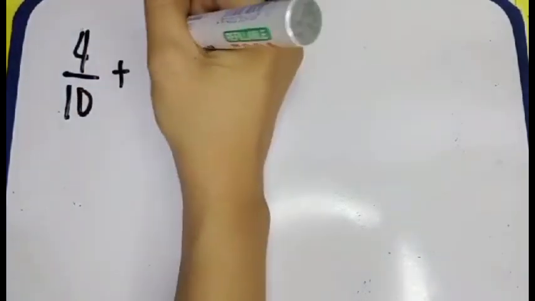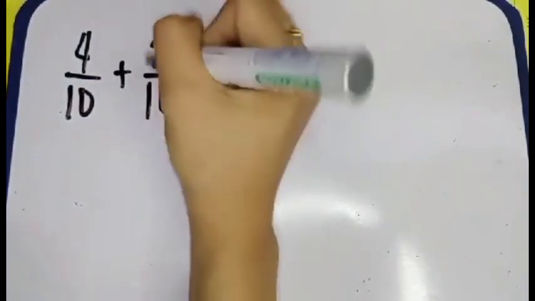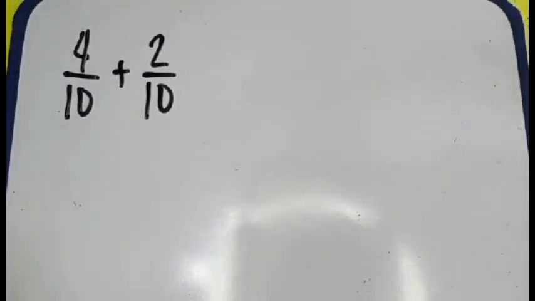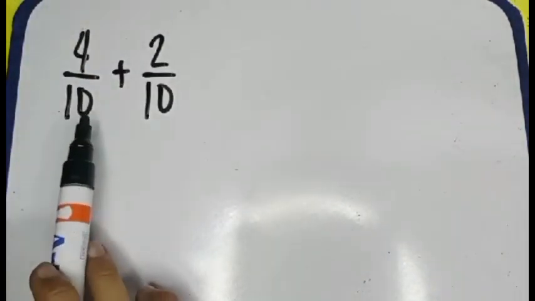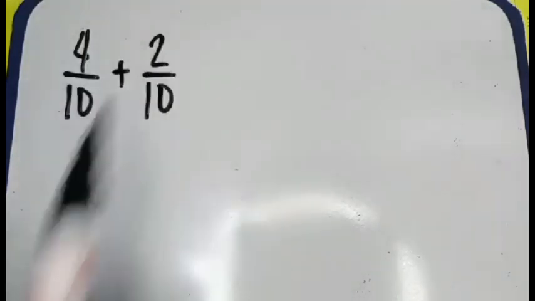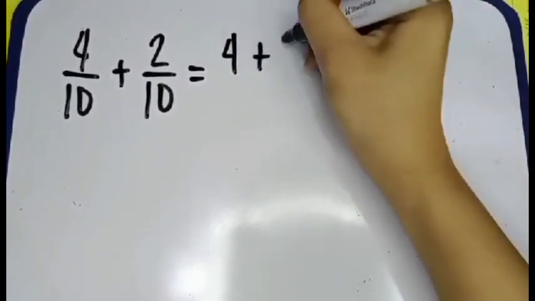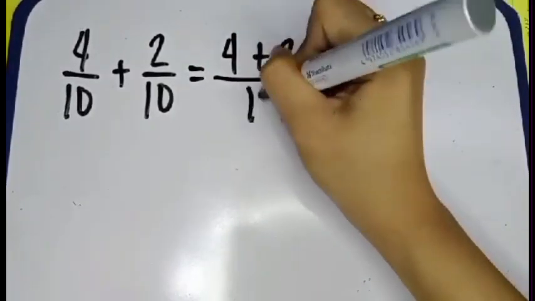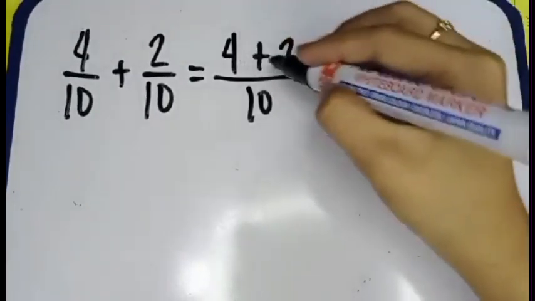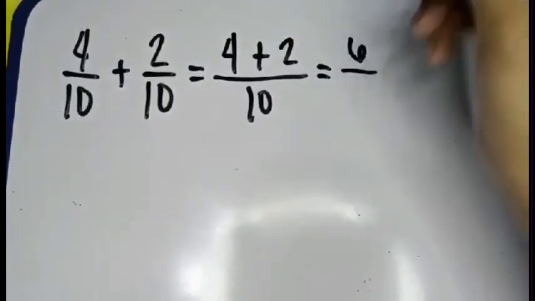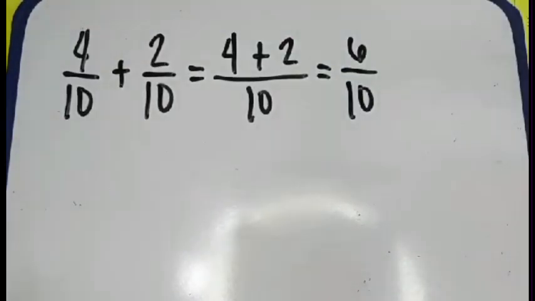First, we have 4 over 10 plus 2 over 10. The two fractions have the same denominators, so we can add the numerators. So, 4 plus 2, then copy the denominator. 4 plus 2 is equal to 6. Copy again the denominator. 6 over 10 can still be simplified, so what we are going to do is divide